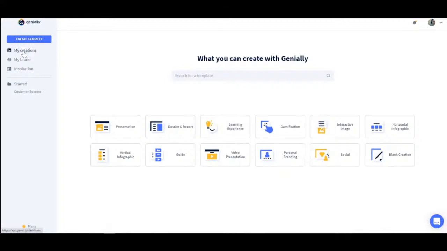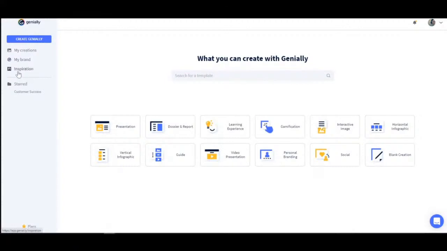Now, if you don't have anything created yet, you'll see the different types of creations that you can make. And you can switch between viewing the categories of creations or your own creations by making use of these two options on the left side menu. Now, below them, you have a few other options. In My Brand, you can access premium features such as personalizing your logo, uploading your own graphic resources, colors, and even upload your Google Analytics ID in some cases. That's depending on your plan. You can keep everything under control.